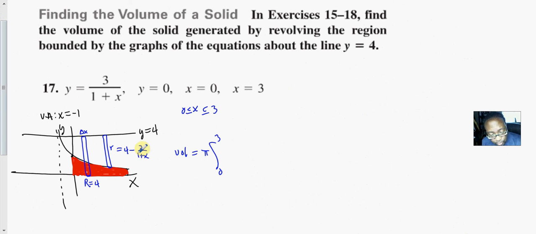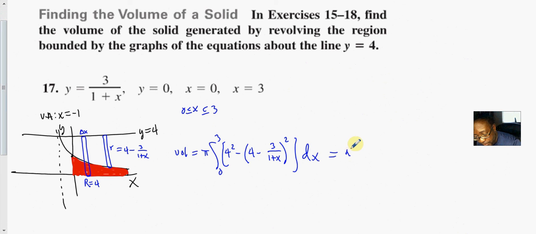Capital R squared, so that's 4 squared, minus little r squared, 4 minus 3 over 1 plus x, squared, dx. Simplify that. That's pi times the integral from 0 to 3, 16 minus